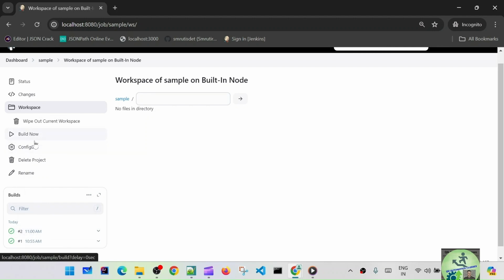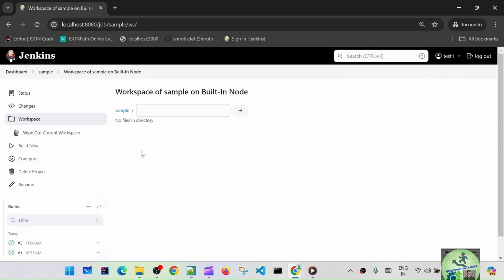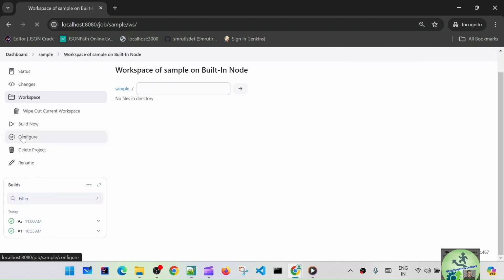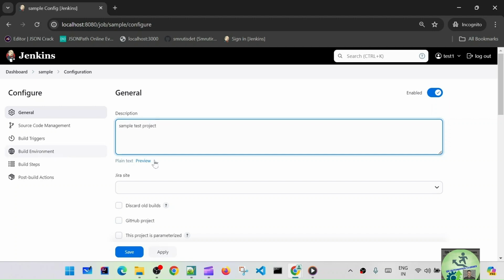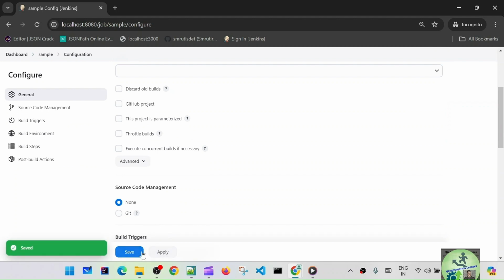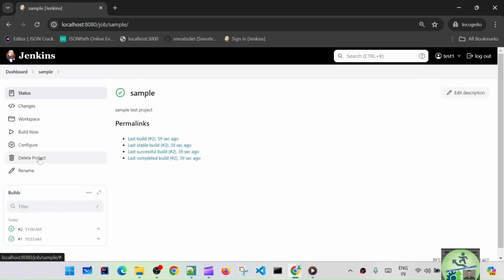See, the second build got created from the test one user, right? Test one user is able to build now. If you want to configure, you can configure also, like the sample test project, you can do those changes, right? Because those options or roles are assigned to this user now. So I can say apply and save. Build, if you want to delete the project you can do, if you want to rename you can do. So basically you have all the actions related to a job, right? You can do. So similarly